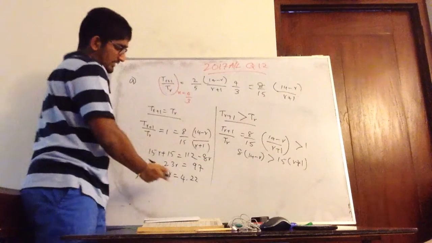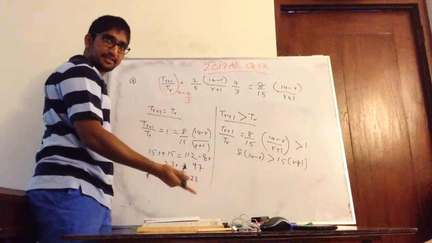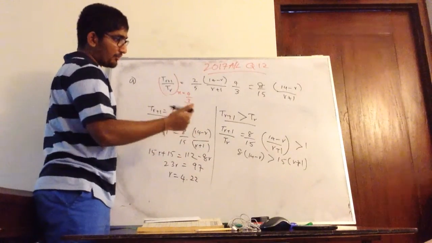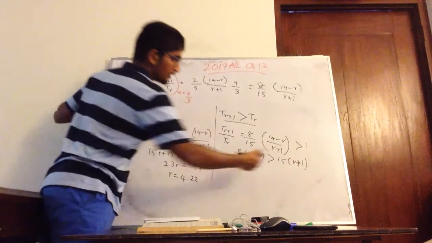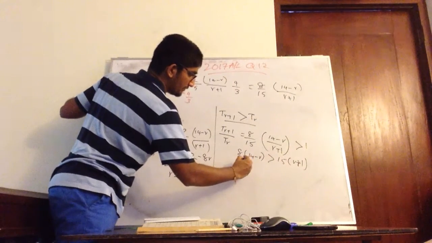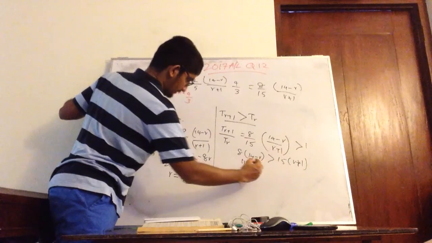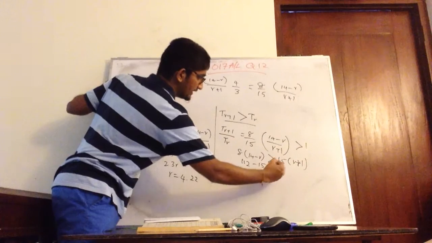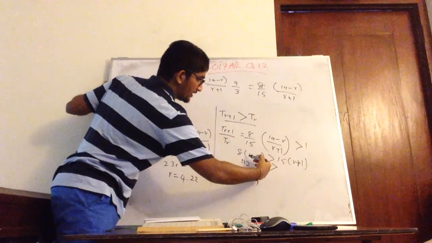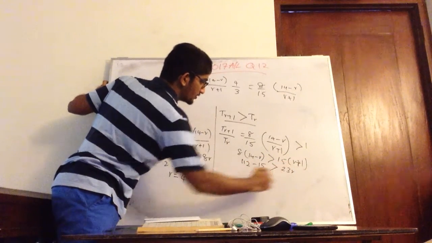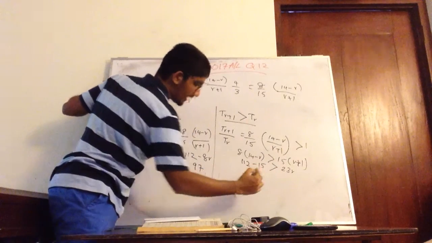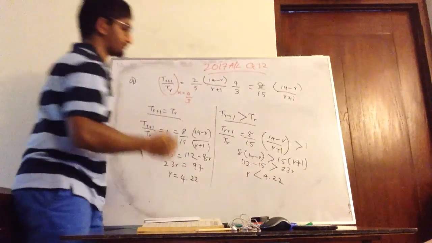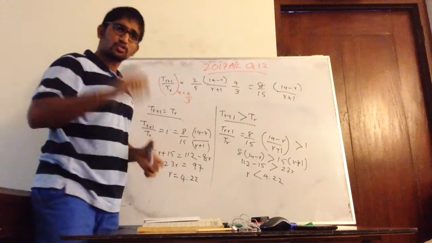So here I will get what? The same R I will get definitely, right? Because it's arithmetic, no. But where does the R go? So here you will get basically 112 minus 15 is greater than 15R plus 8R. So this is 23R. So you will get R is less than 4.22. So what does this mean?